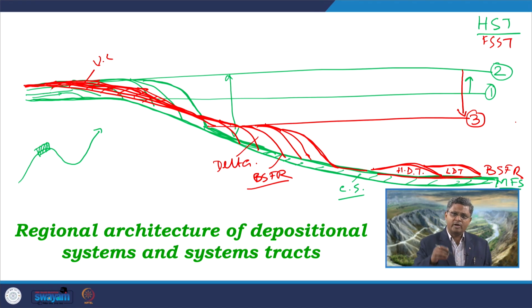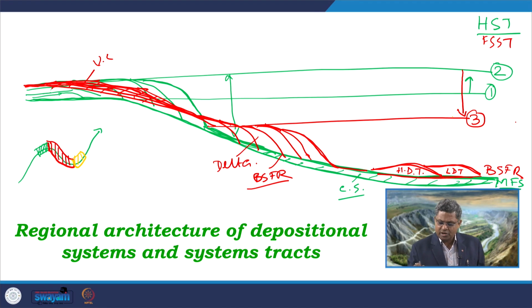So when we are talking about this particular phase within this curve, we were looking at this part of the curve. This entire thing that I have drawn in red color will happen during this phase of the curve when the base level is falling. Now we are looking into this yellow part, where the base level has started rising, and as we know, this is a normal regressive condition.